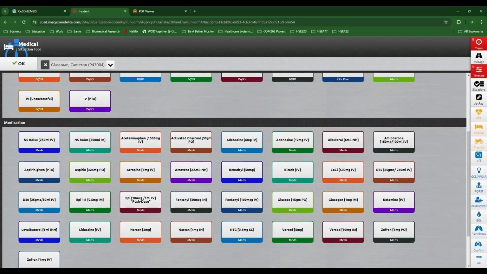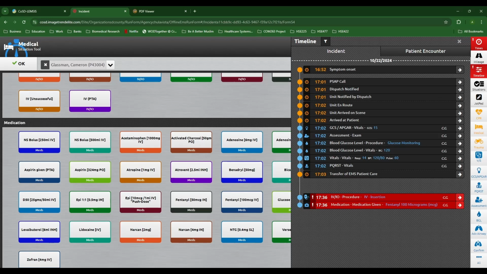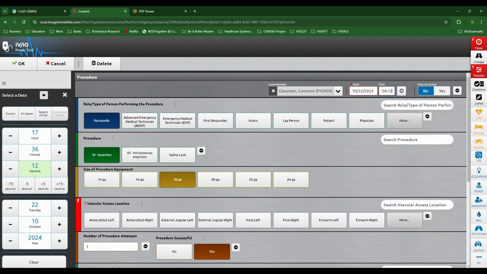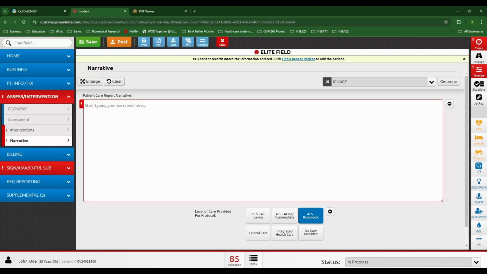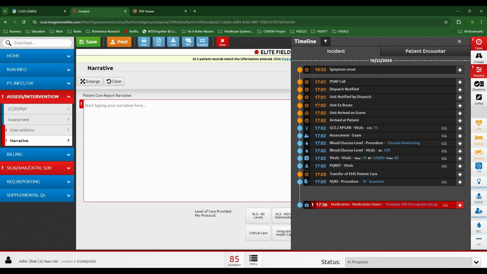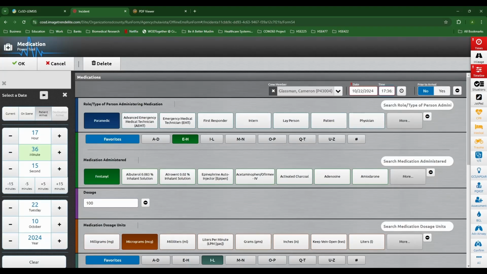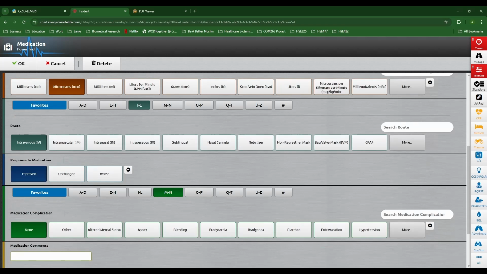So let's say on this call, hey, we started an 18 gauge IV, and then we also gave 100 micrograms of fentanyl. This is again where we can backtrack this if you were doing this after the call and hit patient arrival. And 1 minute in, we started an 18 gauge left AC, and then that fentanyl, we gave it right after. So we can go, hey, a minute in, we gave it right after,